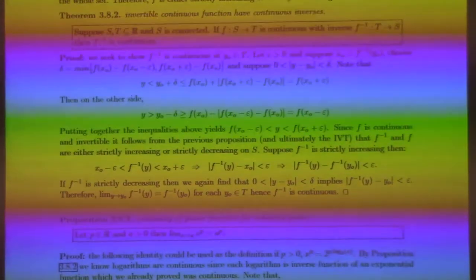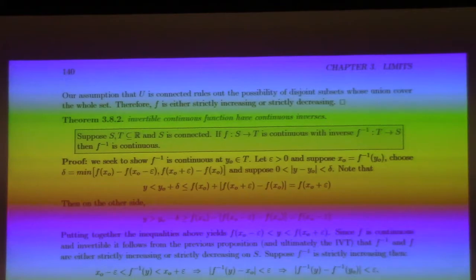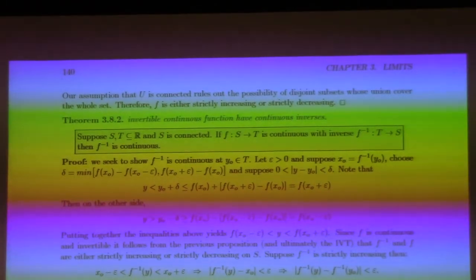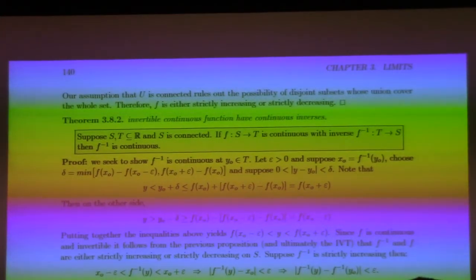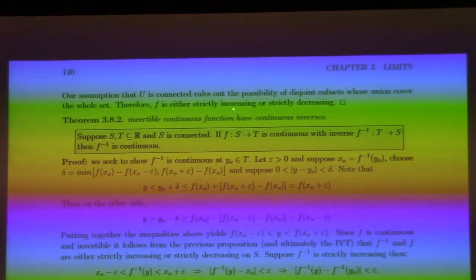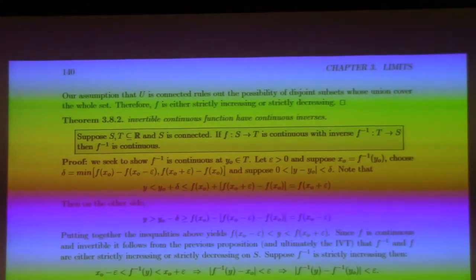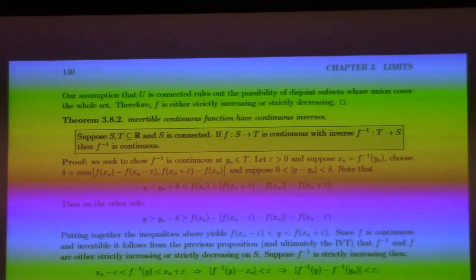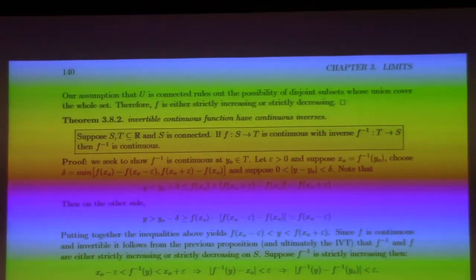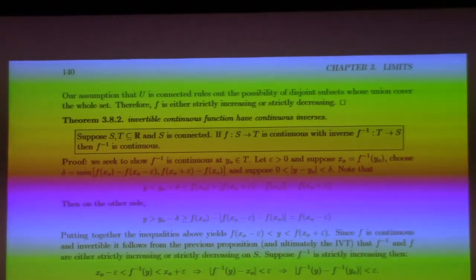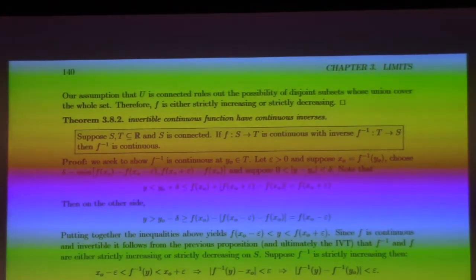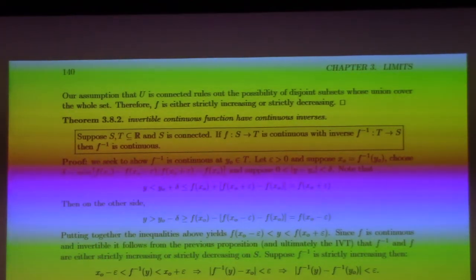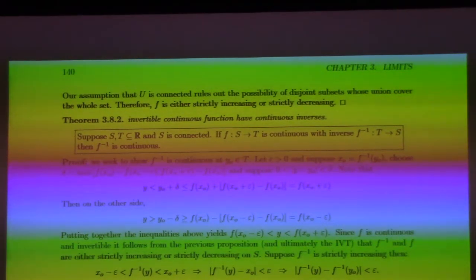If you have a function that goes from a connected domain to t, if it's continuous and it has an inverse, f inverse, then guess what? The inverse is also continuous. And the proof of this basically rests on that proposition I just told you, because the linking of the strictly increasing to strictly decreasing